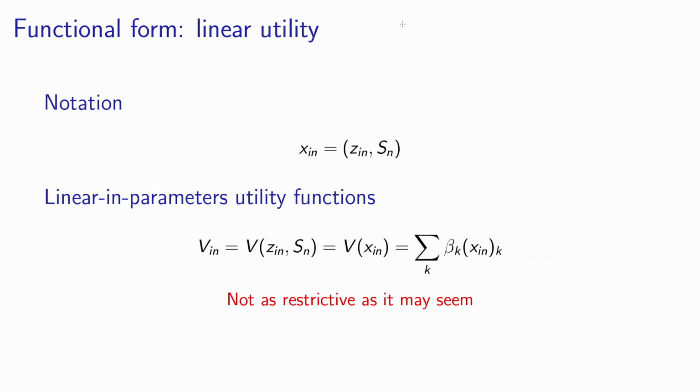Well, using a linear representation may seem kind of arbitrary. Life is not linear. And actually, we are talking about choice, about behavior. It's relatively difficult to believe that behavior can be modeled using a linear specification. Well, as we will see, making this assumption, which is mathematically convenient, is not as restrictive as it may seem. And we will see why.